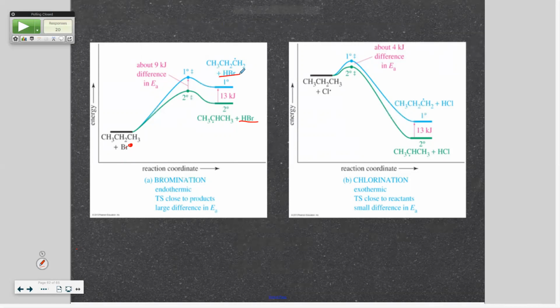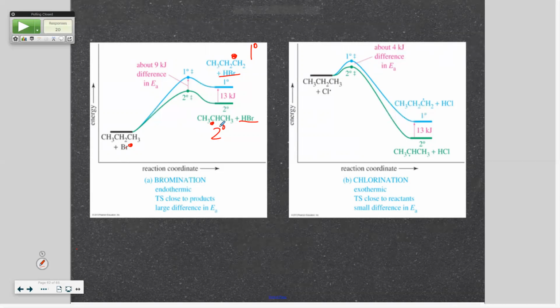Okay, when you look at the propane molecule, do you see that there are two possibilities? We can take one off the ends, or we can take one in the middle. Two possibilities, okay? If you take one off the end, you would make this primary free radical. If you take one off the middle, you would make this green one down here that has a red electron. That's a secondary free radical. Okay, which one does it prefer? I know you know. The secondary one, because the secondary one is lower in energy.